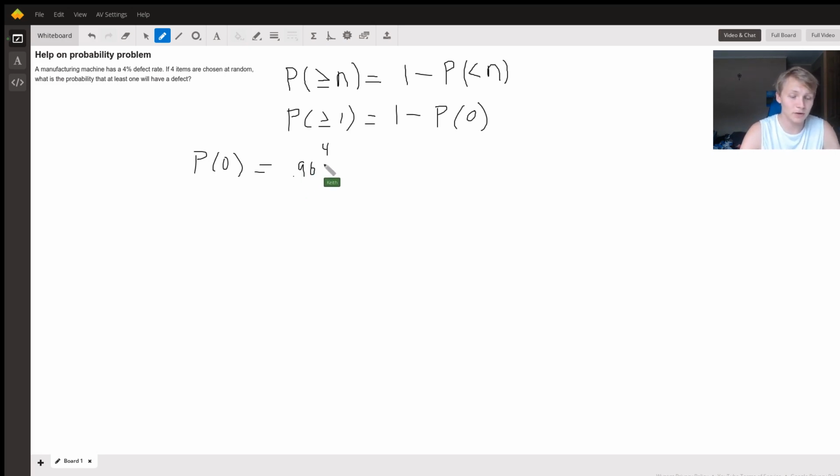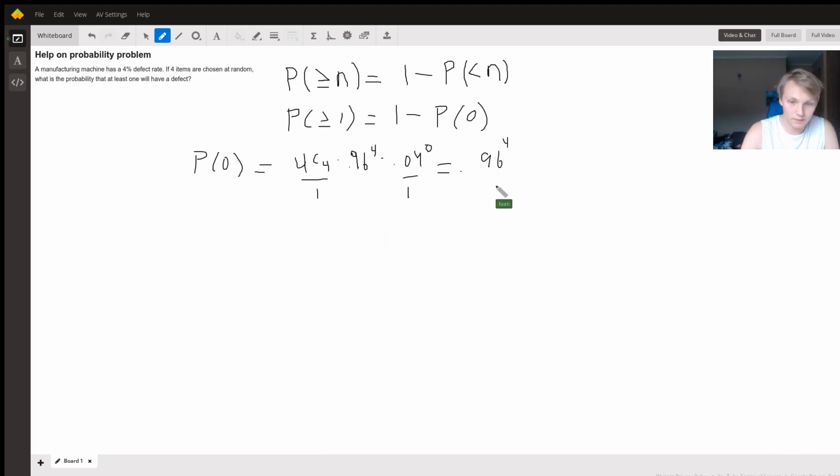And so for the actual binomial distribution, this equation would be 4 choose 4 for how many are successful times 0.96 to the 4. That's how many are successful, that percentage, times 0.04 to the 0. But this ends up being 1. So we're just left with 0.96 to the 4th,